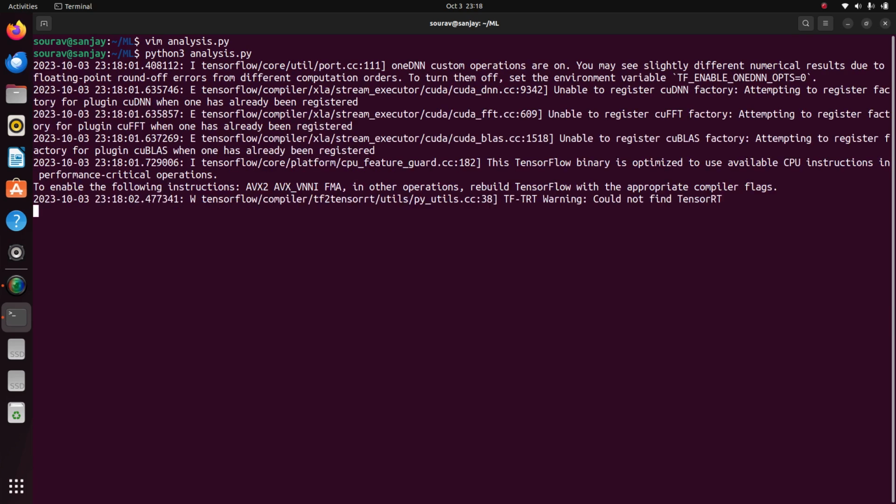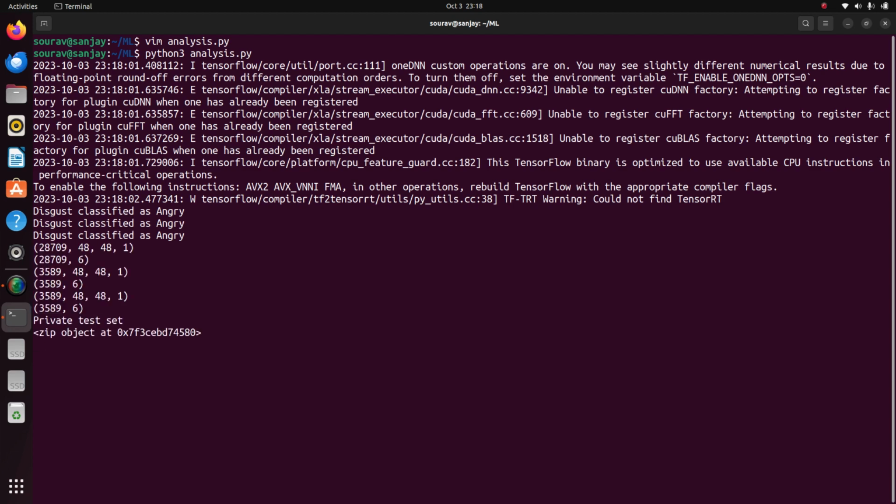Disgust classifies as angry. Since the file is in MB, it takes some time to load. Wait for a few seconds. The file is in MB, it takes time to load.